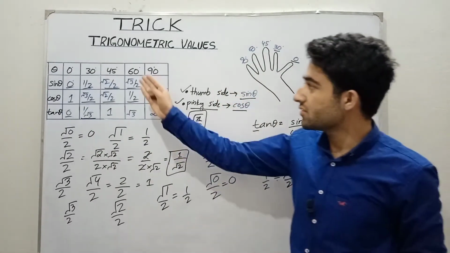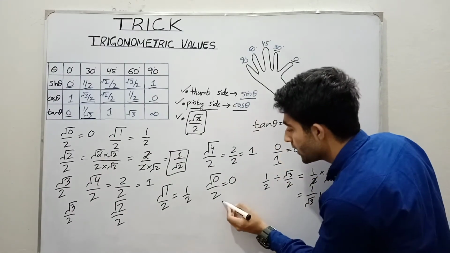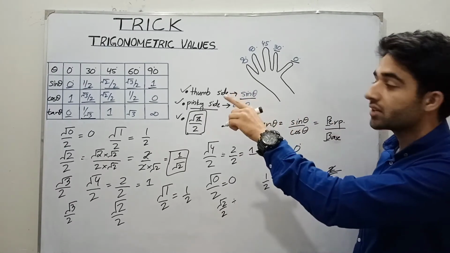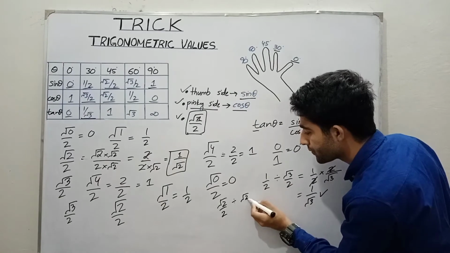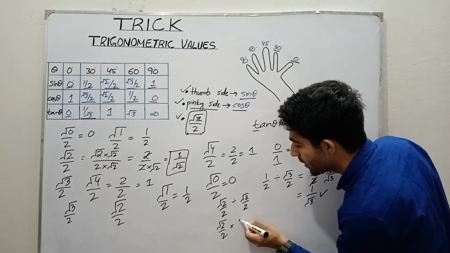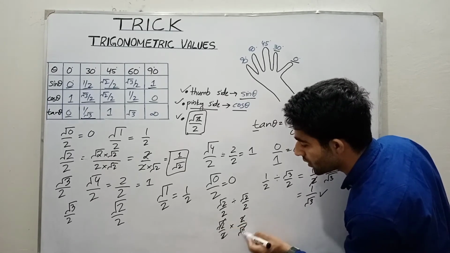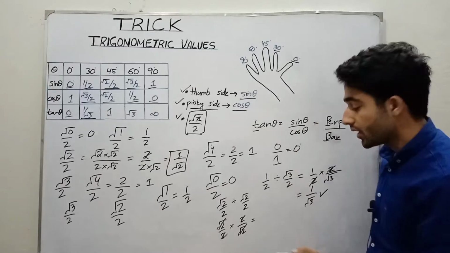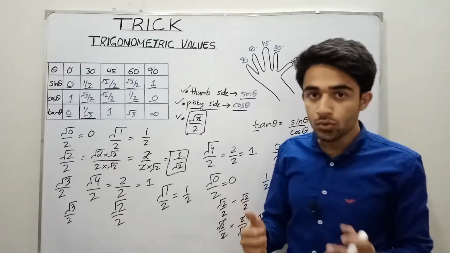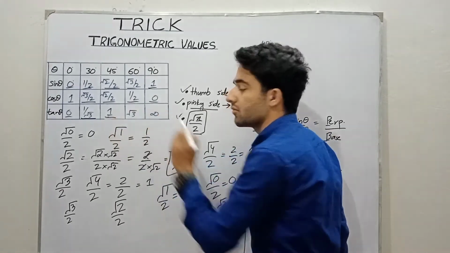Okay, then we have the 45 degree. At the 45 degree the value of the sin theta is under root 2 over 2 divided by the cos theta value, which is also under root 2 by 2. So under root 2 over 2 multiplied by 2 under root over 2. 2 is cut by 2 and under root 2 by under root 2 is cancelled, so the remaining value is 1. So the value of the tan theta at the angle 45 degree is 1.